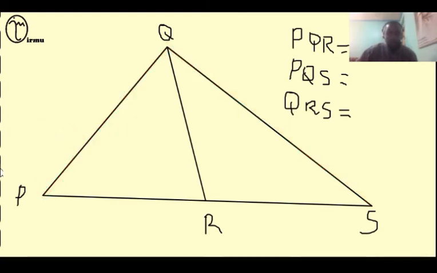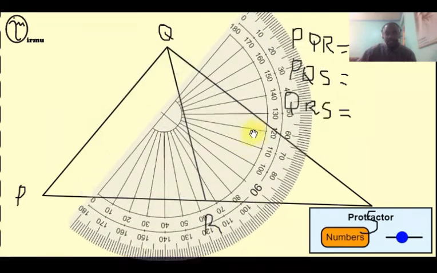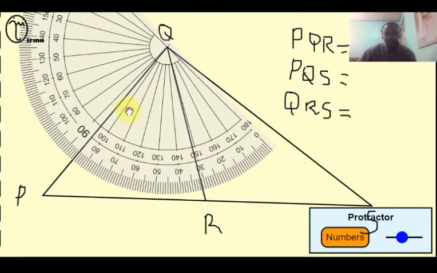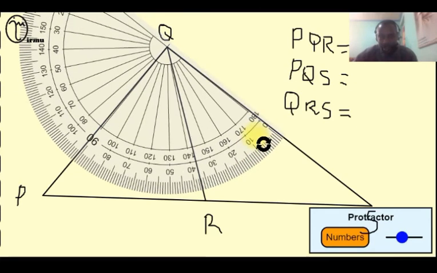So I will take my protractor and then I tilt it in such a way that now QS becomes our baseline. It matches with the 0 mark like that. So if I'm using QS as a baseline, I'm going to use the outer scale. Remember, I'm measuring from the right. So I'm going to grow with this 0 all the way until I meet the other line, which is at this point. So I'll count from the outer scale